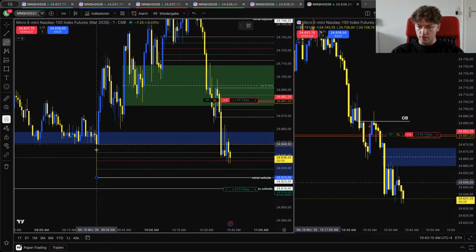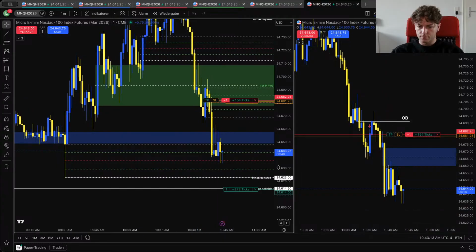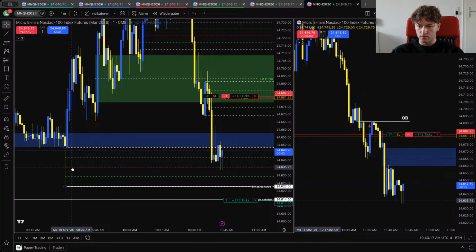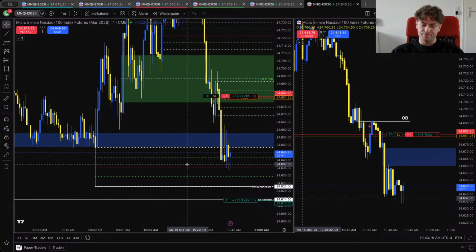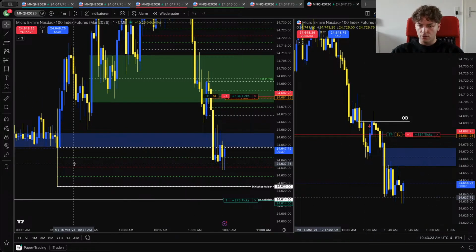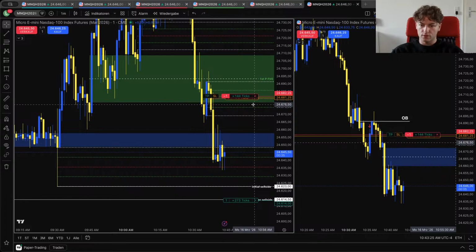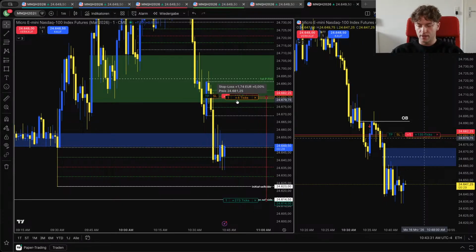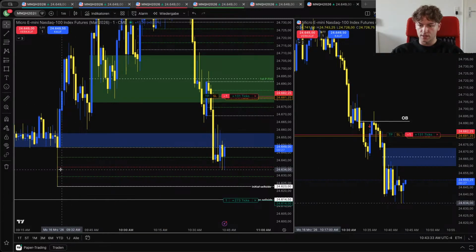Also create this wick, and I don't like that we respect this midpoint, and that's the disadvantage of trading with one micro. I'm definitely for trading with one micro, but if I had two micros on, I would have taken